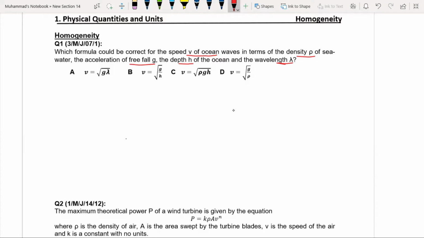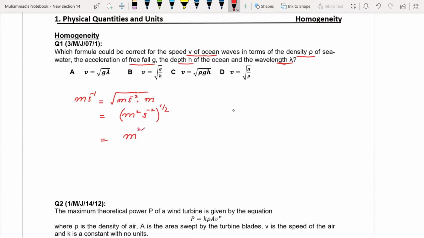On the left hand side, the unit is m s minus 1, that is speed. On the right hand side, if I simplify, this is gravitational acceleration, and the unit of gravitational acceleration is meter per second square, times the wavelength. The SI base unit of wavelength is meter. So that is (m² s⁻²) whole power 1 by 2,